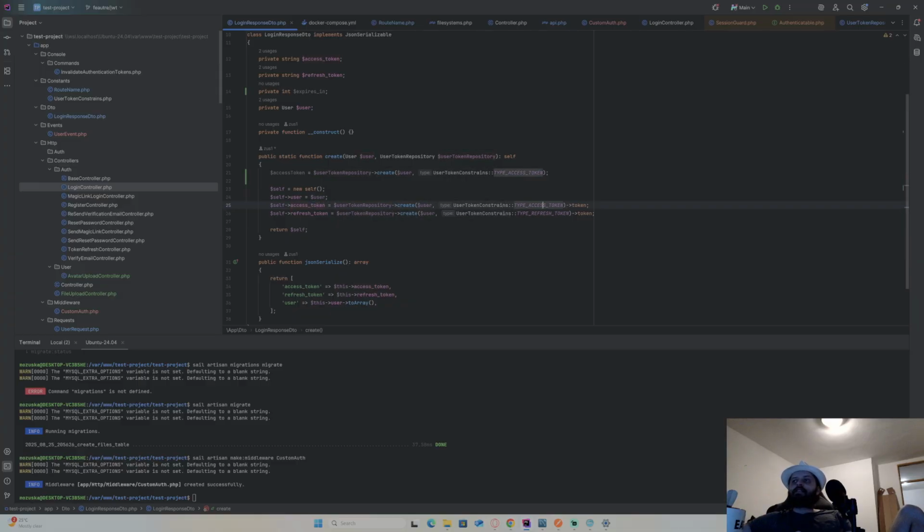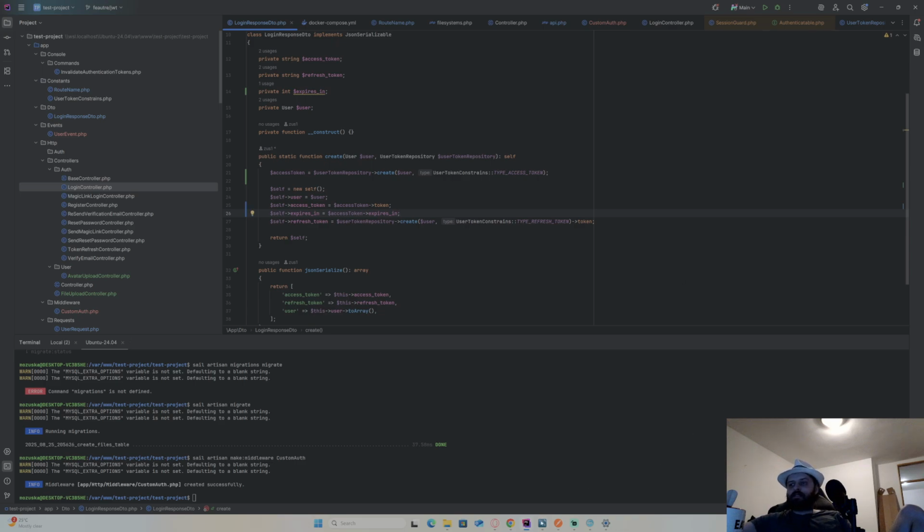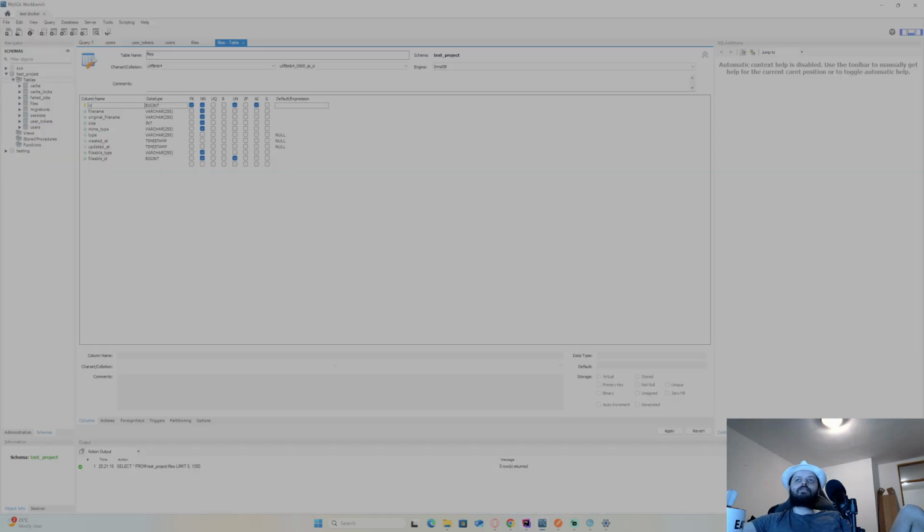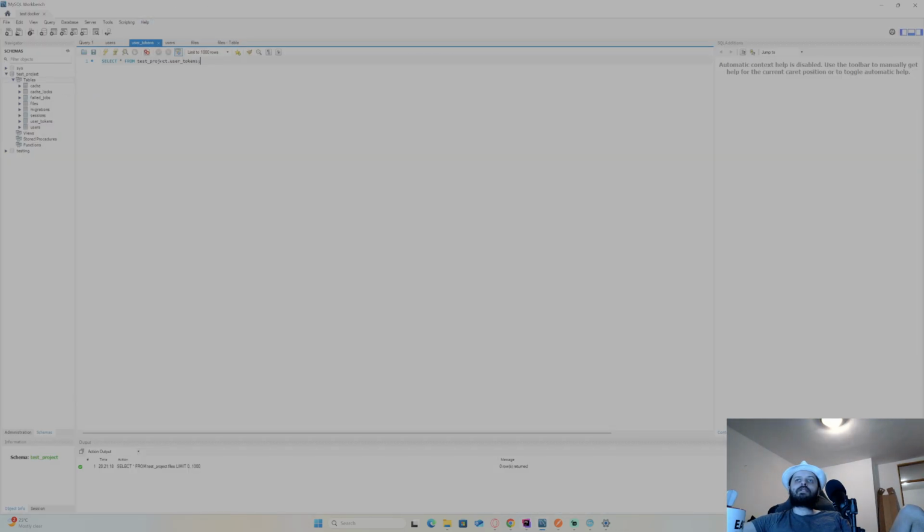And now I have this access token, and I will do access token to token from that object. I'll now put it to the variable token, and now expires in. I think access token has the expires at property.